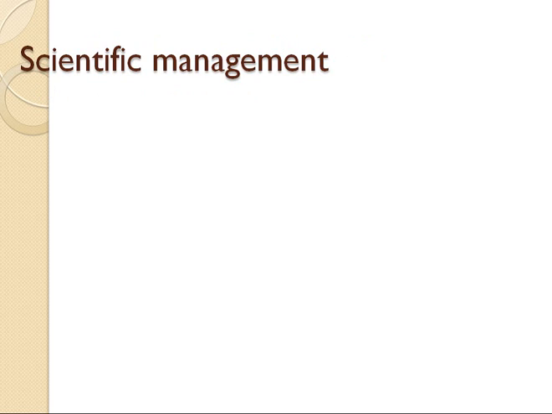First of all, we will start with the meaning of scientific management and its history. Principles of scientific management were given by F.W. Taylor, who was a mechanical engineer, and while working in his organization he found that there were two classes in the factory, managerial class and the workers class, and both of the classes were not trusting each other. They were blaming each other for low productivity and poor performance of the organization.